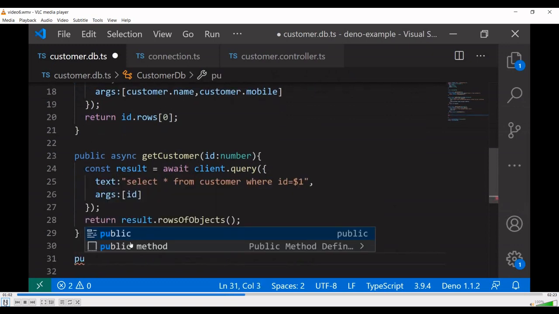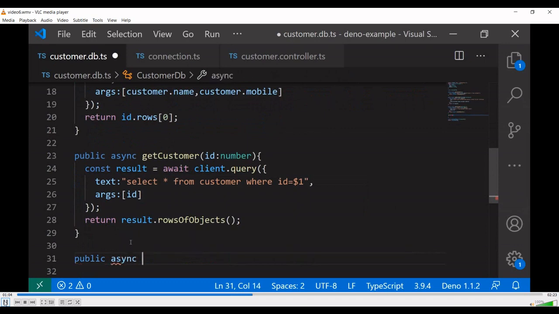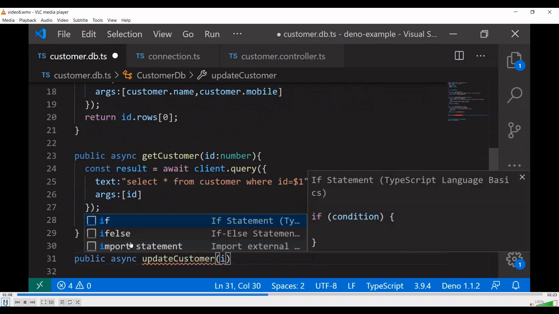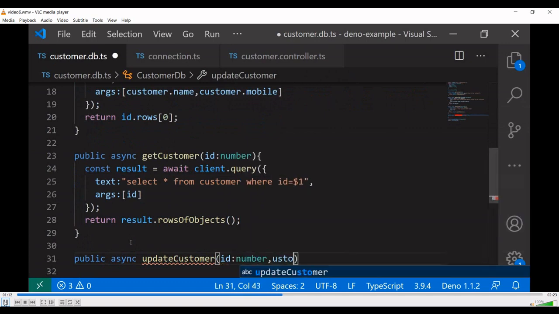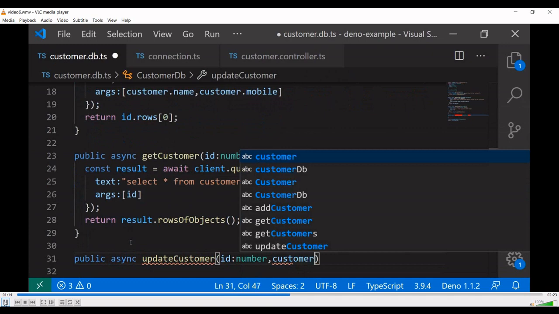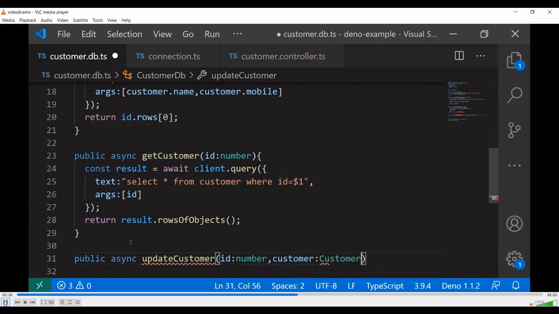Next is the update method. It takes the ID and the customer object to be updated.